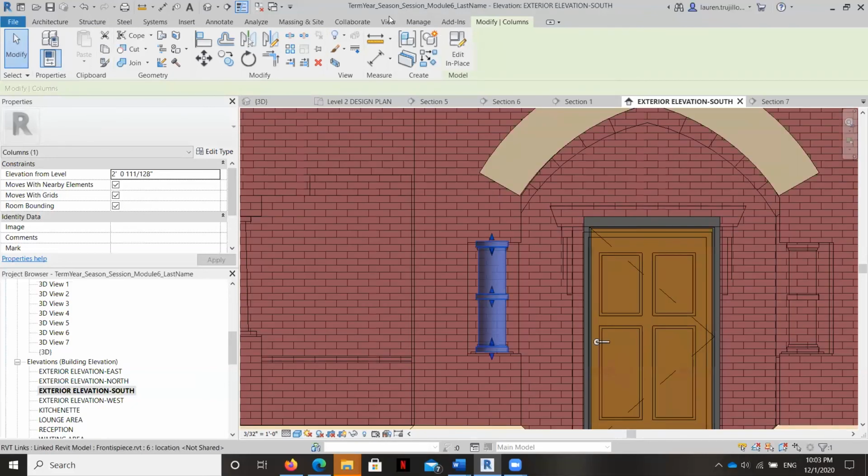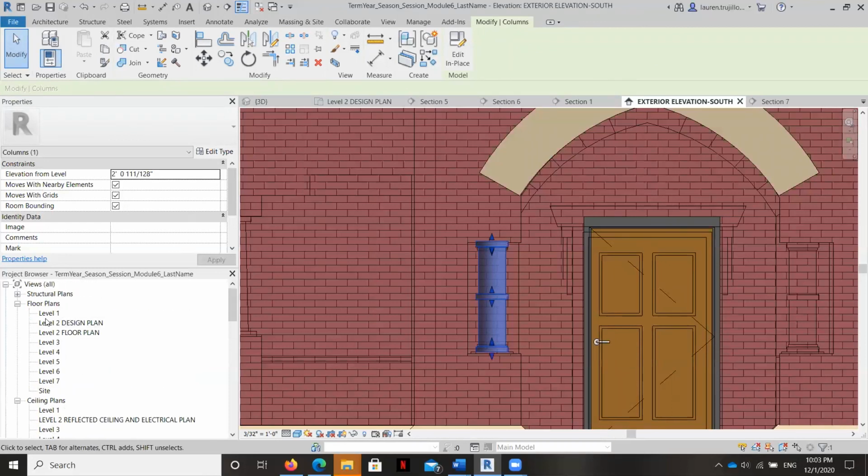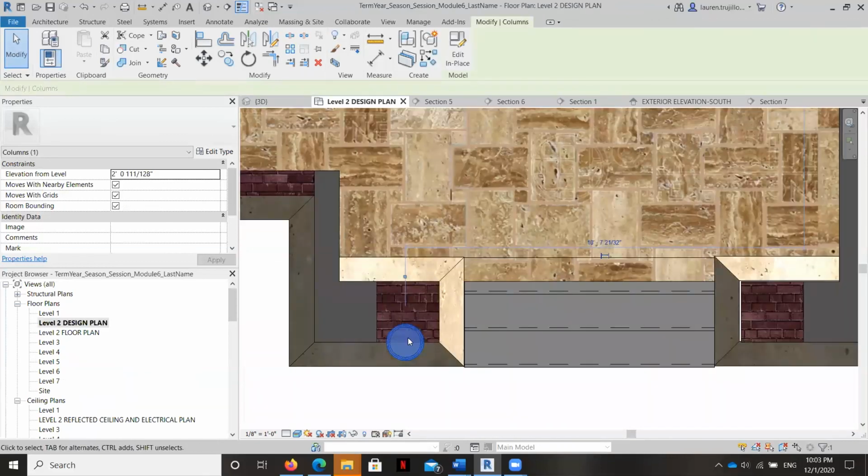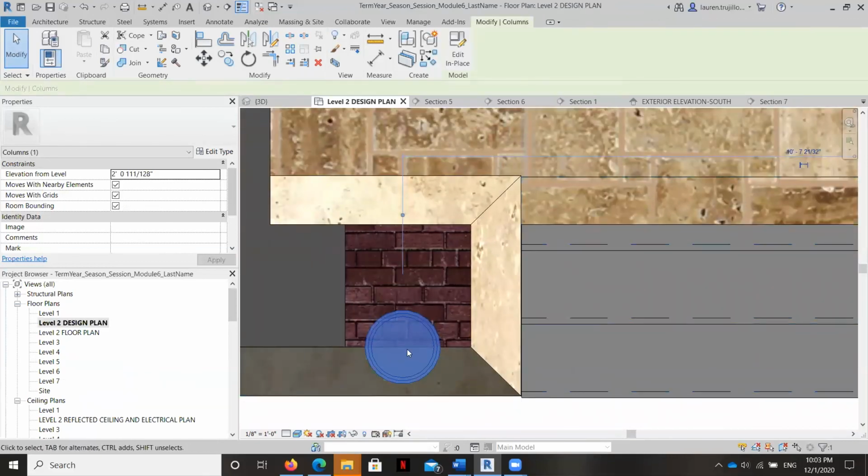Okay, so there's one column. Now let's make sure elevation-wise it's okay, but let's go ahead and take a look at it in the floor plan now that we can actually see it. All right, so there it is. Now let's grab it and move it back.